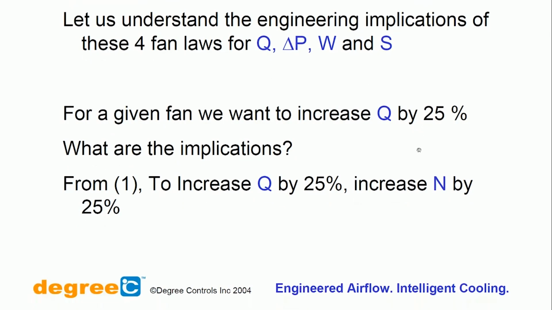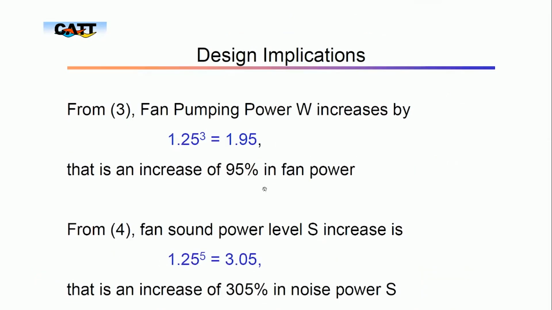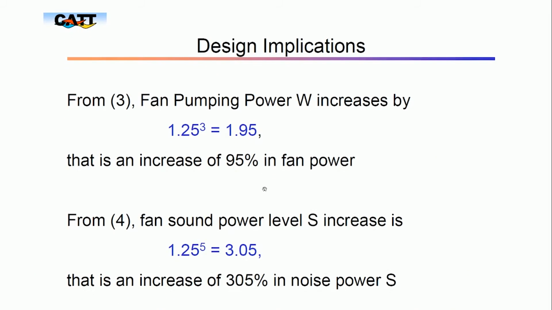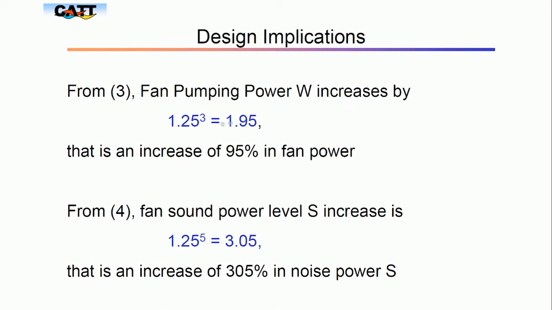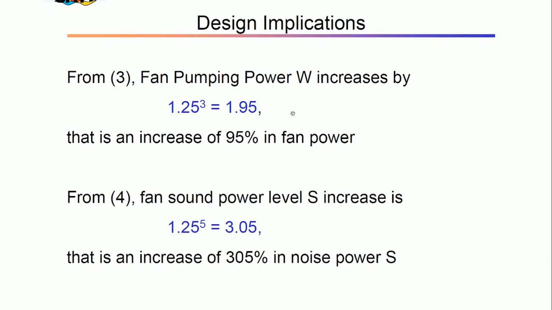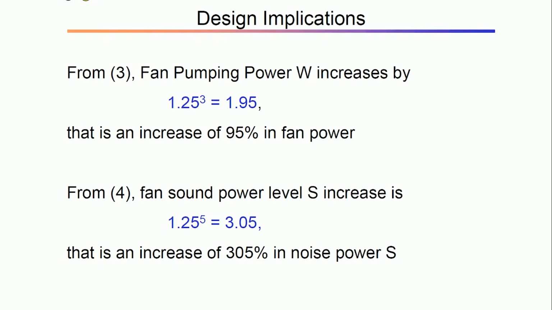To increase, we increase N by 25%. You see here, pumping power seems to go up by 3 times. Fan pumping power now suddenly has become doubled. What was 1.25 has become such a horrible thing,